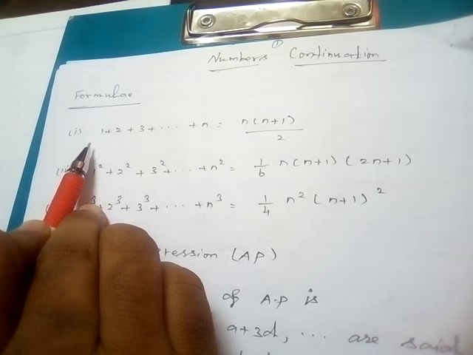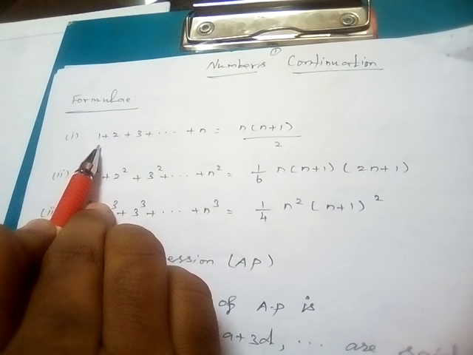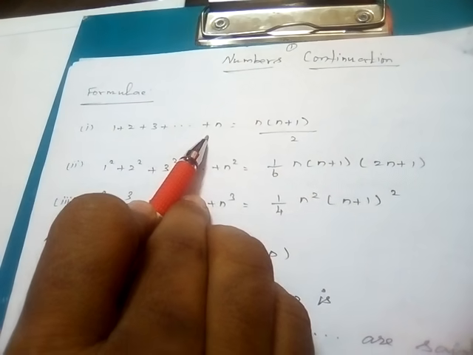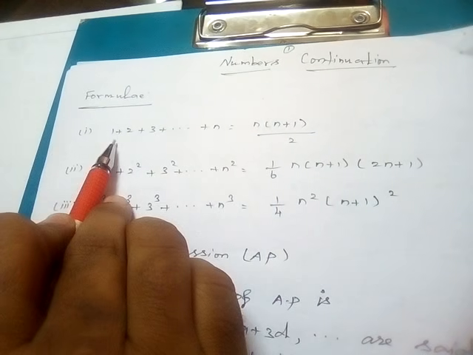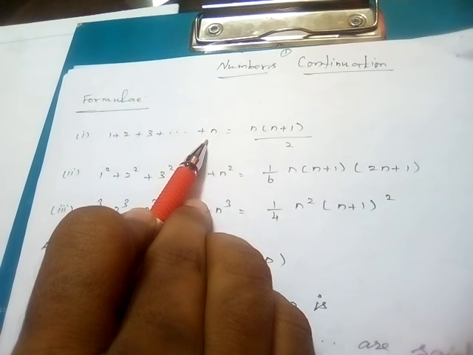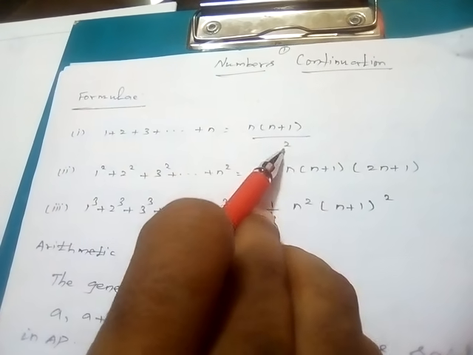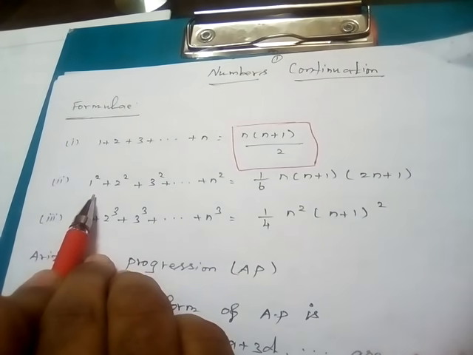What are they? The first one, the sum of the first n natural numbers. Let it be 1 plus 2 plus 3 plus, etc., n, is equal to n into n plus 1 divided by 2. So the very famous formula. Second one, the sum of